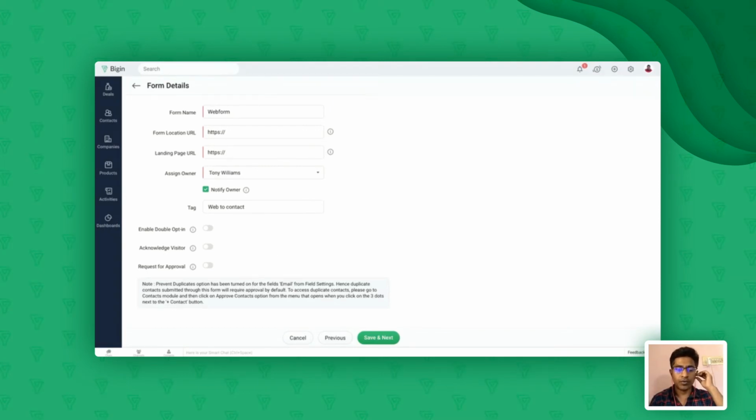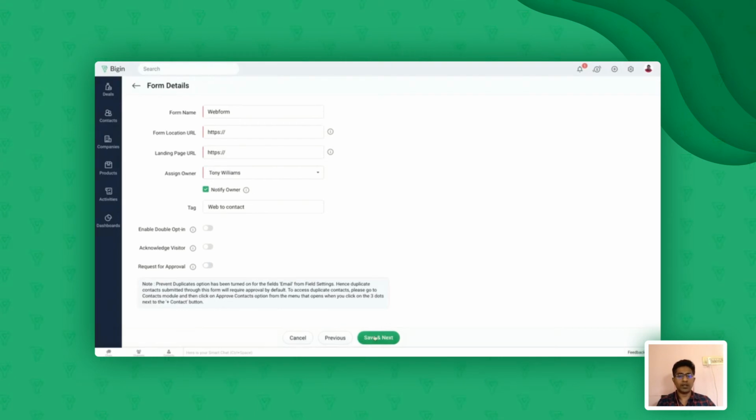And request approval is actually to make sure that you don't get any junk entries. So if you turn on request for approval, all the information that is getting captured from the web forms, instead of going to the contacts module directly, it will go to the approve section, from where you'll be able to see them, and you'll be able to validate and approve them from within the approve section.